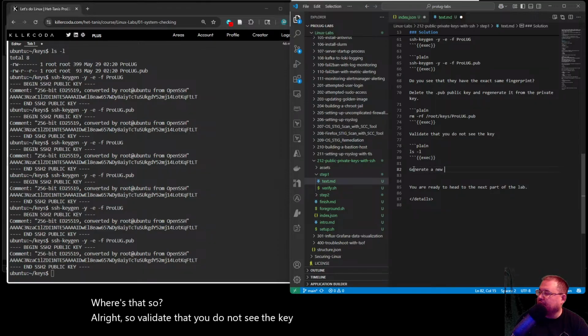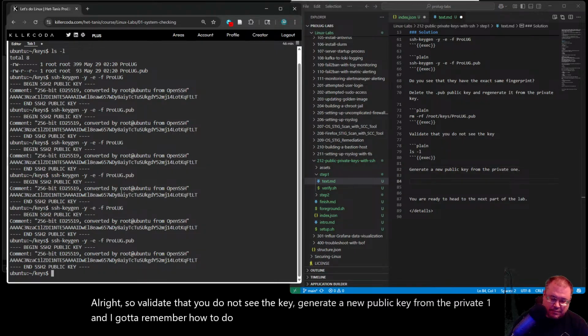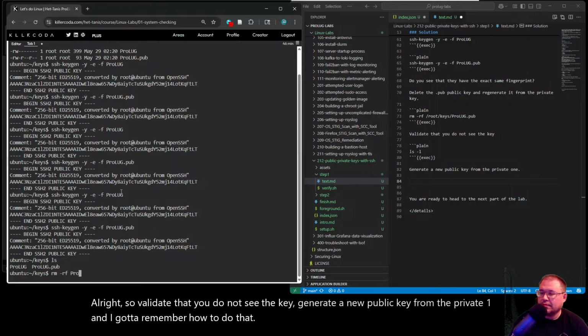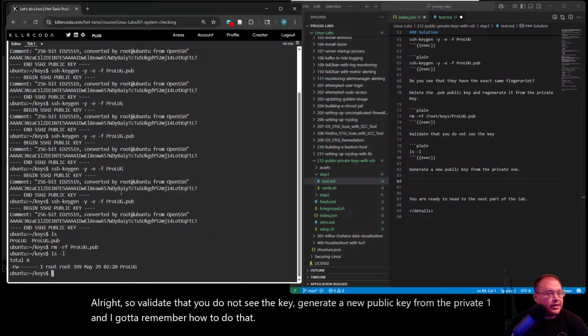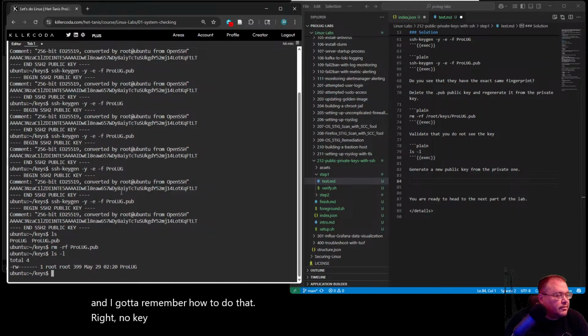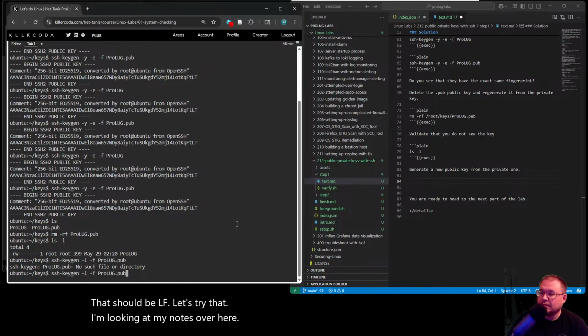Generate a new public key from the private one. I've got to remember how to do that. No key again. I'm trying to remember this. That shouldn't be -LF. Let's try that. I'm looking at my notes over here, on prolog.